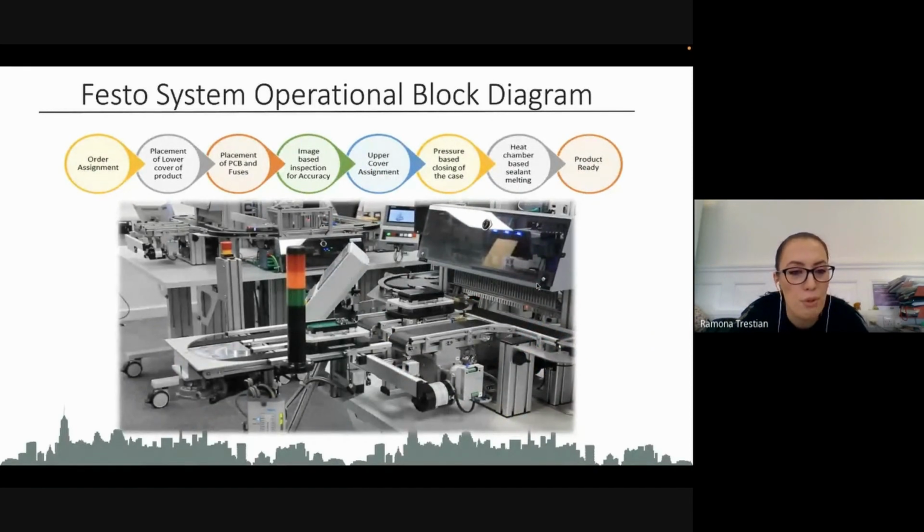So this lab consists in fact of 2 production cells, and we call them these islands. And these islands are connected through an automated guided vehicle, and we call it Robotino. And each production cell has 3 stations that perform individual assembly tasks. So for example, you start with the order assignment, then you have the station that does the placement of the